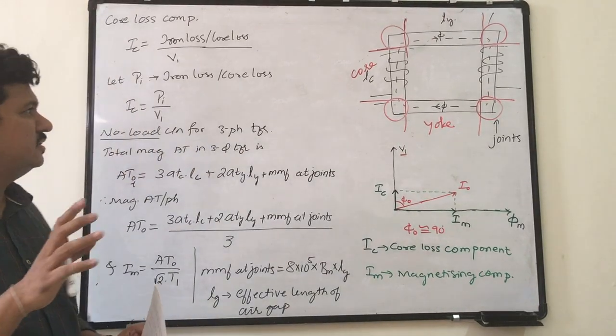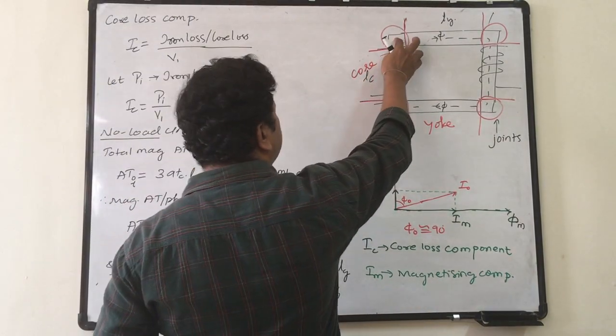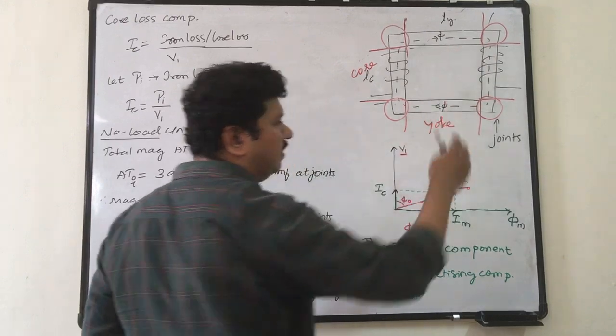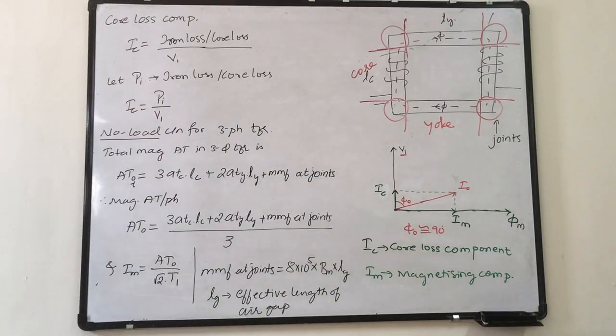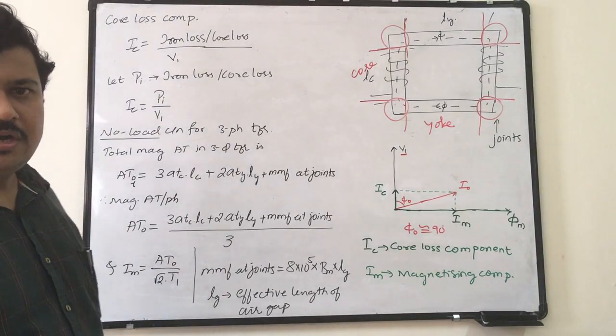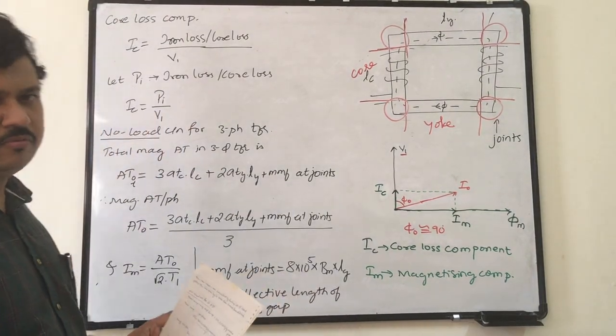If the flux is different, then the transformer will not operate properly. I cannot have a different value of flux here in the corner, and a different value of flux in the core on the other side. Then my V1 I1 will never be equal to V2 I2 if the flux is different. Because the flux linking to primary and secondary is the same, my total power remains constant. V1 I1 is becoming equal to V2 I2.